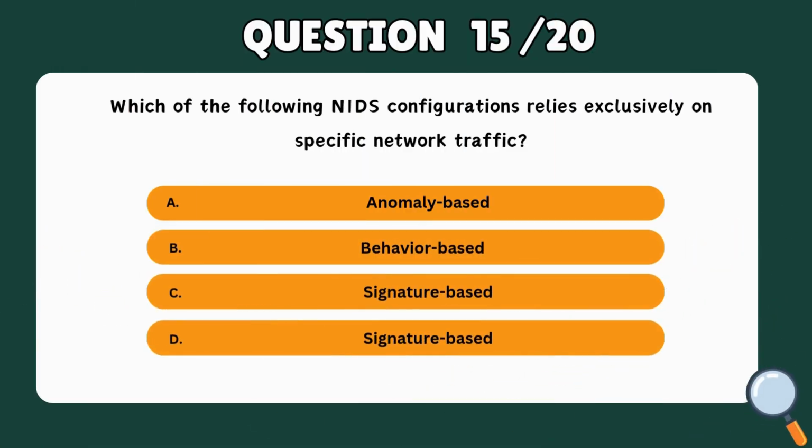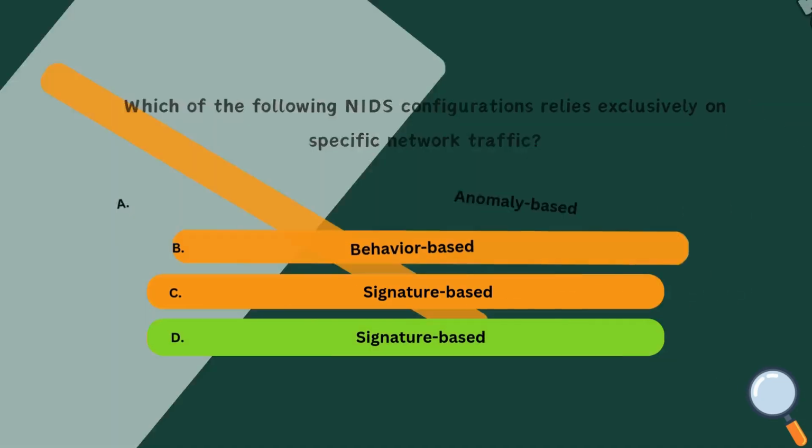Question 15. Which of the following NIDS configurations relies exclusively on specific network traffic? A. Anomaly-based. B. Behavior-based. C. Signature-based. D. A signature-based network. Correct answer: D. A signature-based